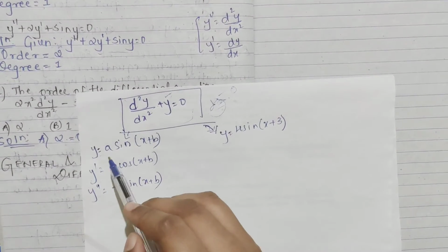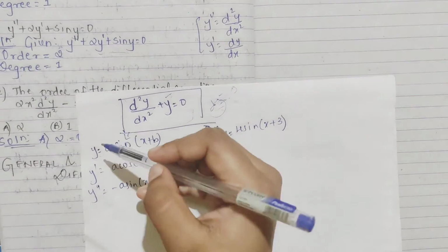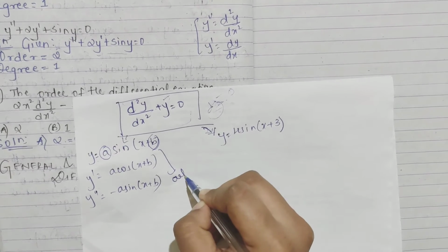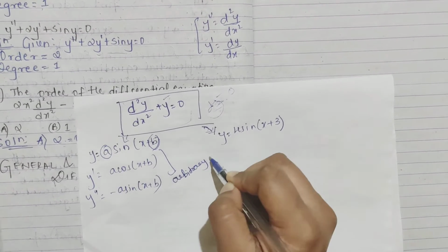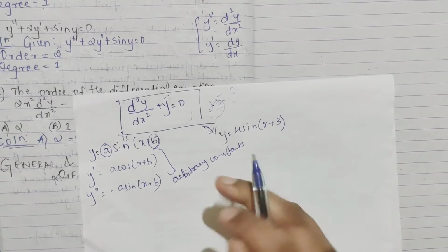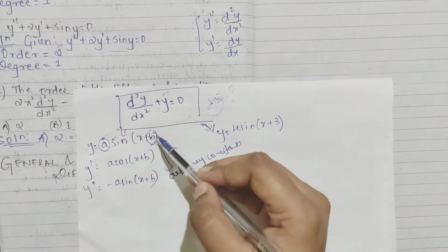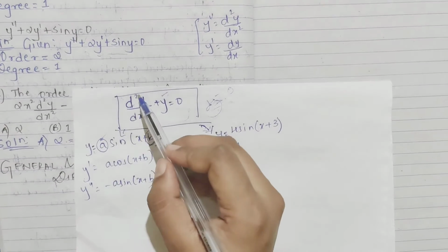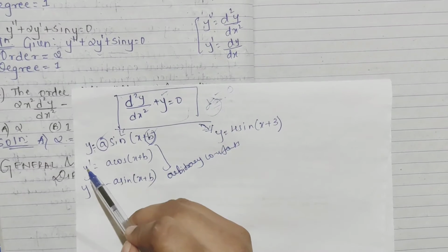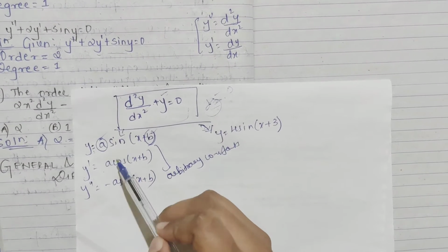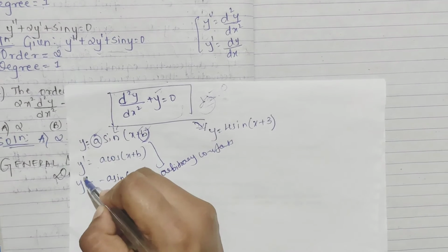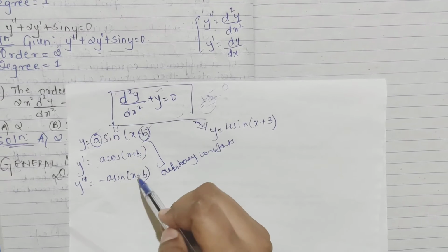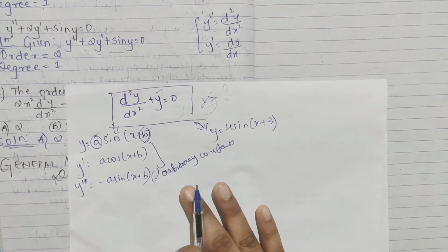Now what is this general and particular? Suppose there is a question y is equal to a sin x plus b. Here you see, this a and b we are considering as arbitrary constants. Arbitrary constants means it can be any constant, right? Arbitrary means any constant. So we consider it as a and b. First you have to do the derivative. Here it is twice. So the first derivative will be a cos of x plus b. The second derivative y double dash is a as it is, cos becomes minus sin of x plus b. The differentiation of x is 1 only, right? So no need of writing.